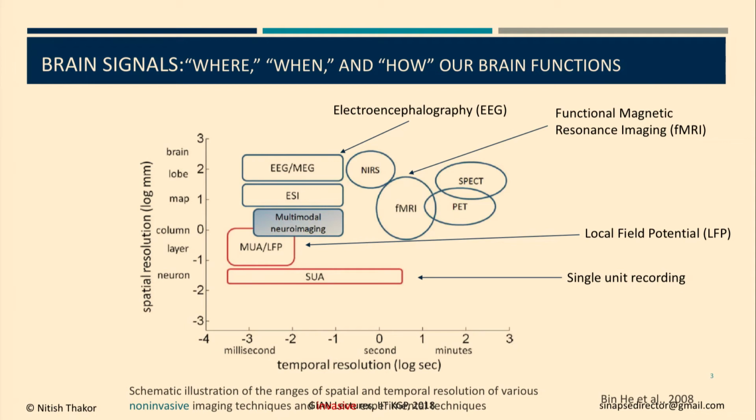A high density one like 256 would still be about a centimeter apart, and usually more than that. So, EEG and MEG have a high temporal resolution but low spatial resolution. On the other end, things like